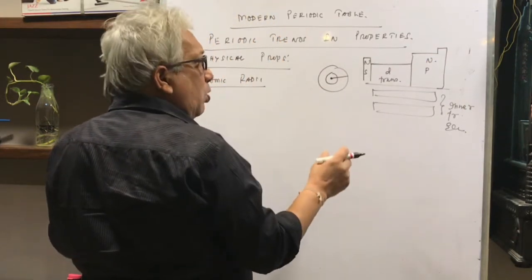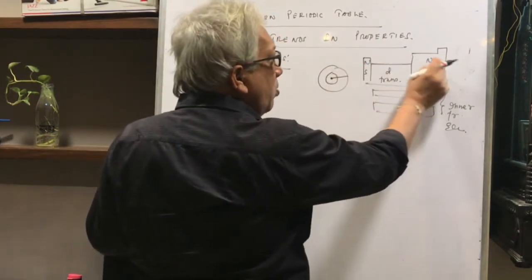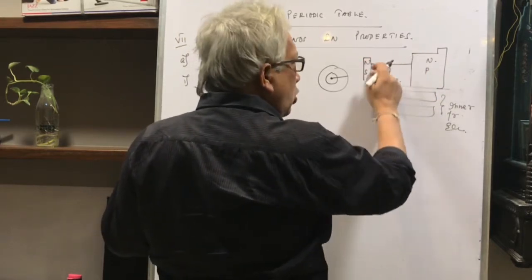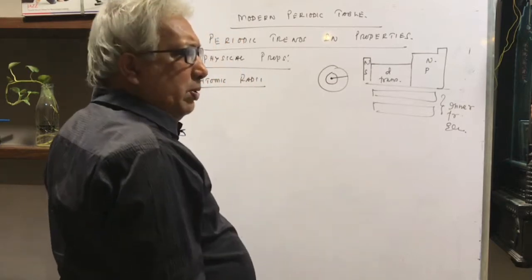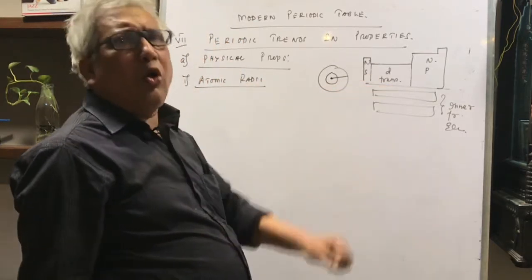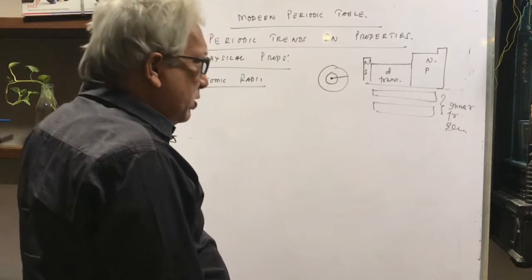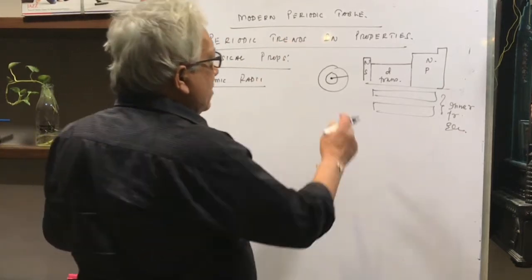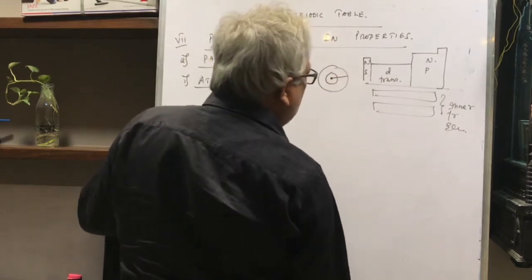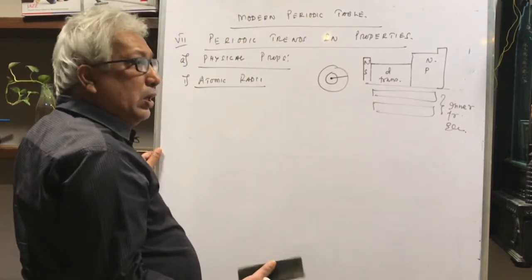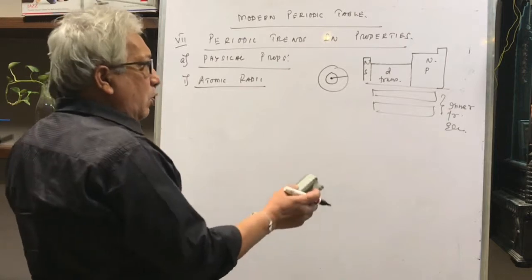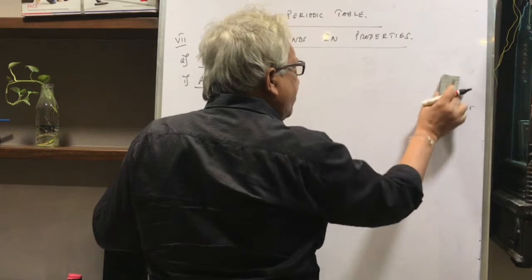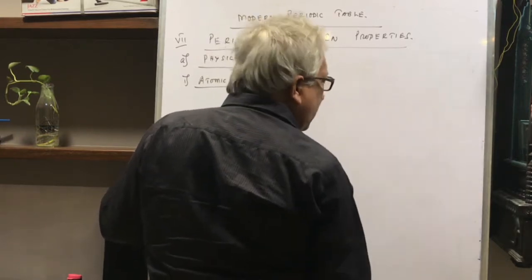And when we talk about the trend, mainly we talk about the normal elements, that is, we'll ignore the transition elements in between, and then we'll talk separately about the transition elements, and as and when required we may also talk about the inner transition elements, but the main focus will be on normal elements. Now atomic radius, as I was telling you, is the distance between the center of nucleus and the outermost electronic shell of an atom. All right. Now it is usually measured in angstrom unit.